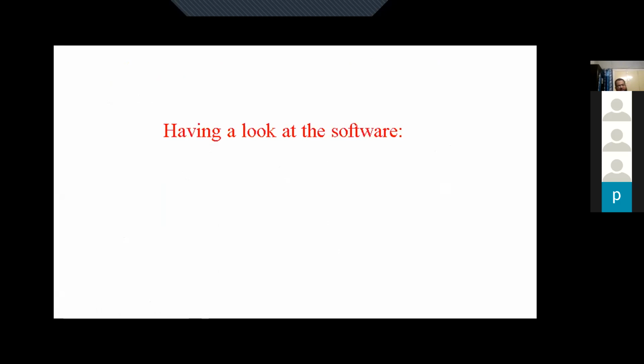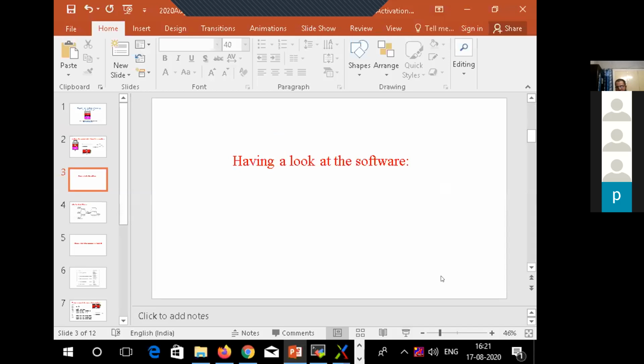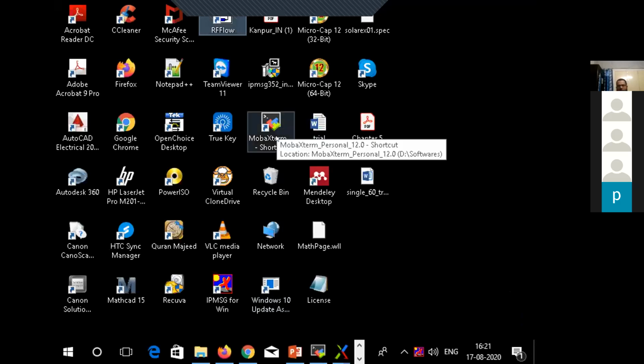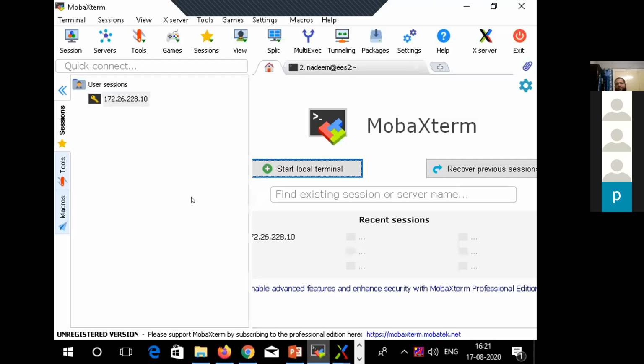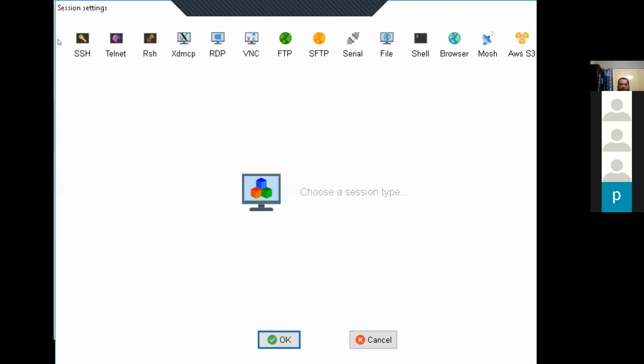Now we will have a look at the Silvaco software first, at what features are provided with the software, and then we will try to run this structure. To access the software, one needs to have the MobaXterm software. One needs to open this, and from here go to the session.